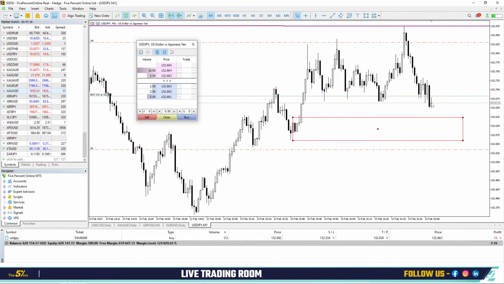And now I need to watch how price behaves when it approaches this area here, because if it starts picking up momentum to the downside, I don't want to be adding to that trade. If it goes slowly to this area, then I might consider